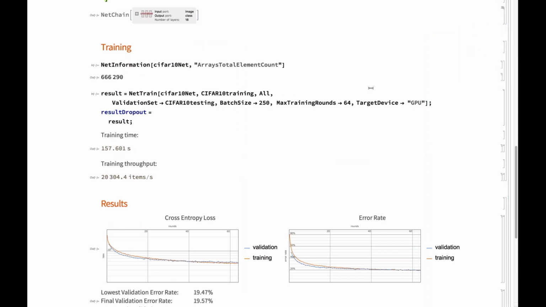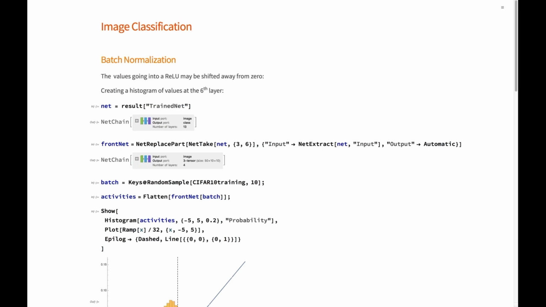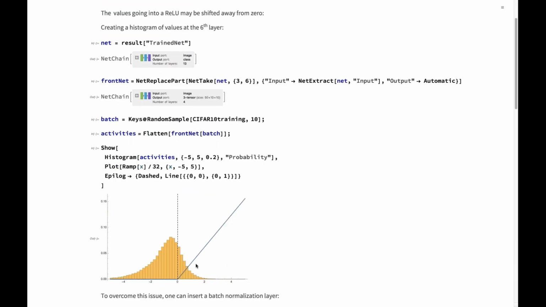Then the next thing to consider is batch normalization. We had in our network, and I pointed that out already, these nonlinearities like the ReLU. The ReLU can go astray in a way, because if the activity of the layer in front of your ReLU renders results only in the negative branch, then your ReLU will essentially block all the transmission.